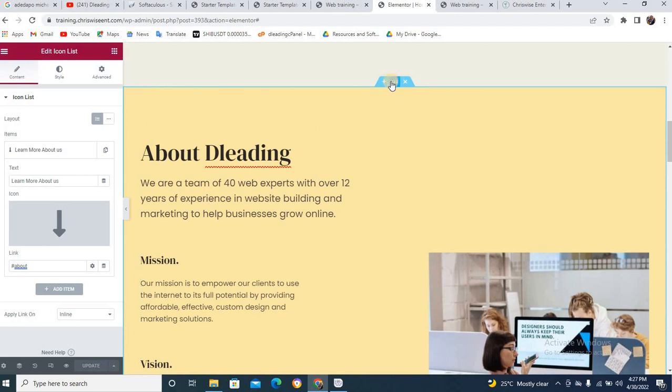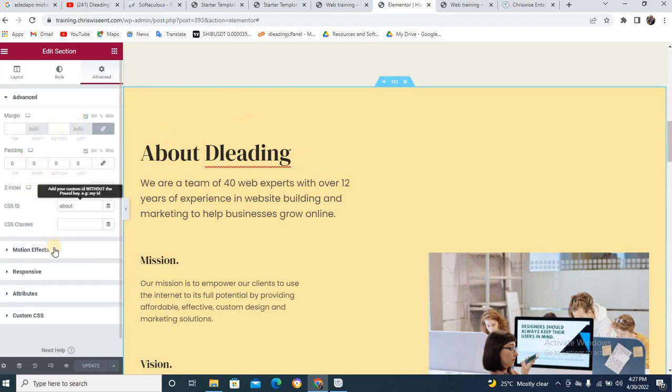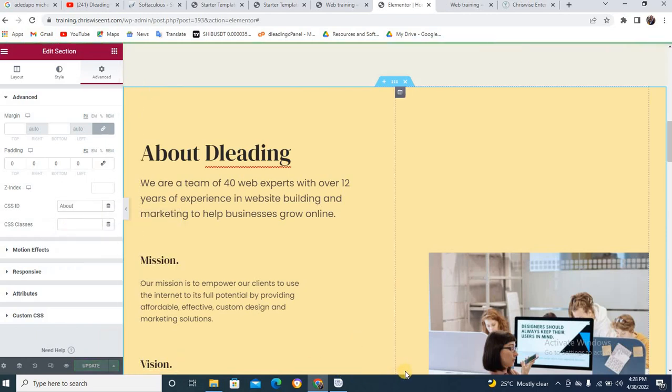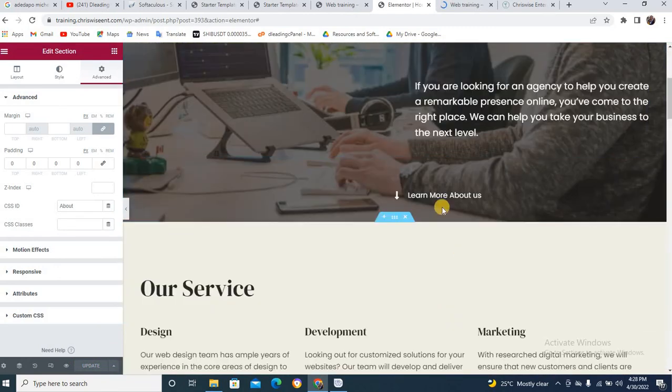Now, if you come to this section, go to your advanced, come to your CSS ID and put a capital letter here and click on update, because there was a time I tried this, now if I click on this stuff now,